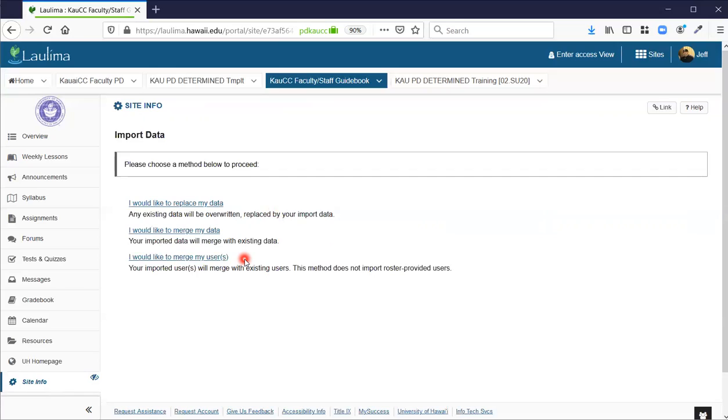If you import or merge users from one site into the other and you publish this site, and those students are not in your class, it'll appear in their Laulima menu, right? It might appear in their sites drawer, or maybe even on their favorites bar. So the only time you would probably want to merge users is if this was a class that